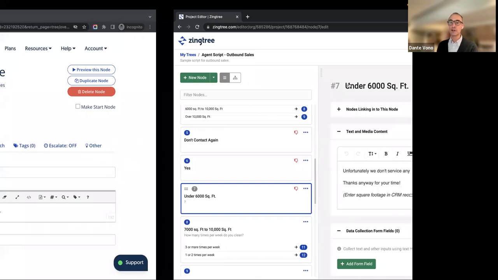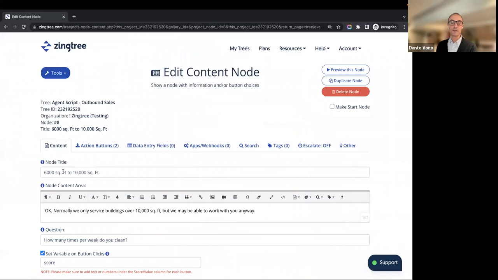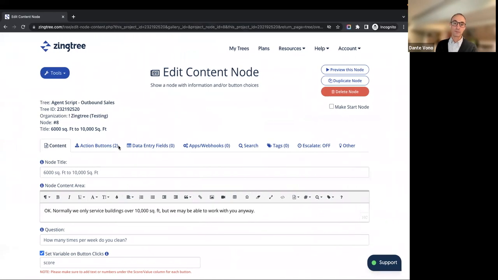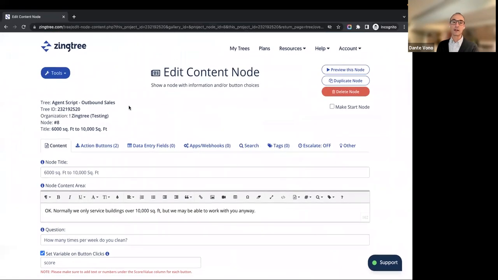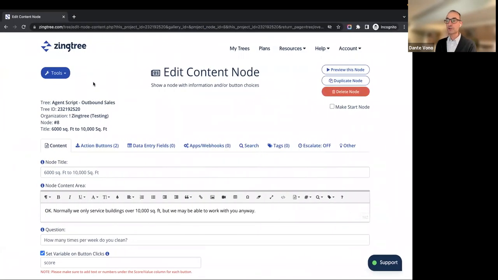Take a look at where this node title is here, near the top of the screen, where when we move into classic, you can see it's about halfway down the screen on the screen size that I'm using. So what you have to do currently is scroll past things that aren't relevant to the node you're working on. Here we put that as close to the top of the page as possible. It's just a small change, but something worth noting.